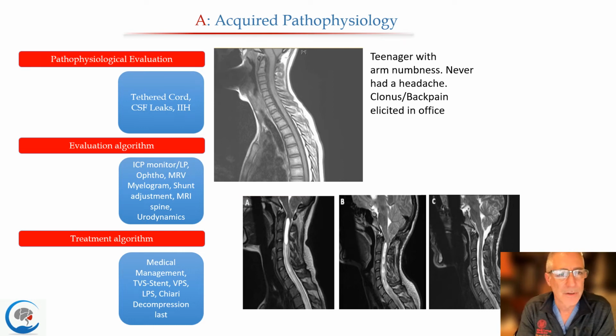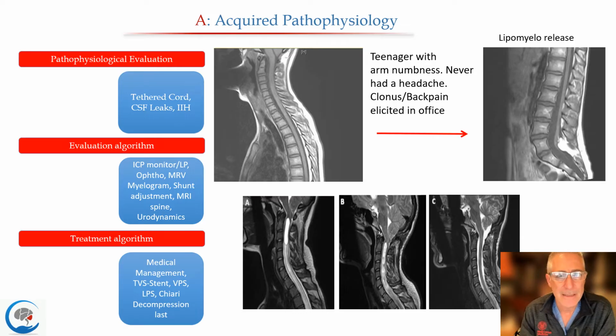This is in the top row is a teenager who presented with arm numbness. Never had a headache at all, but when they were in the office, definitely had some abnormal neurologic signs. Clonus is hyperreflexivity, indicative of spinal cord dysfunction, and had real bad back pain that she in fact hadn't even told her family about until we talked about it in the office. So we